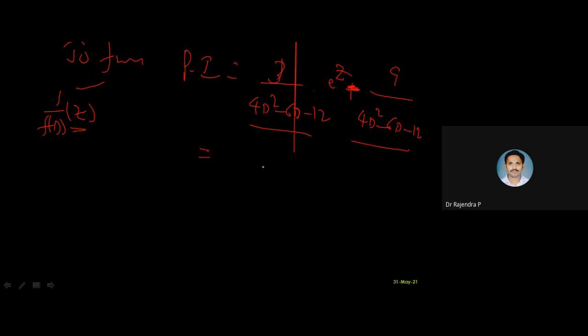I want to calculate it, right? So we have e power z. What is the shortcut when we have e power z? Direct substitution, right? Substitute. What is the value? 4 minus 6, minus 12, so minus 14, so minus 3 by 14, right? Correct? Minus 3 by 14 into e power z.